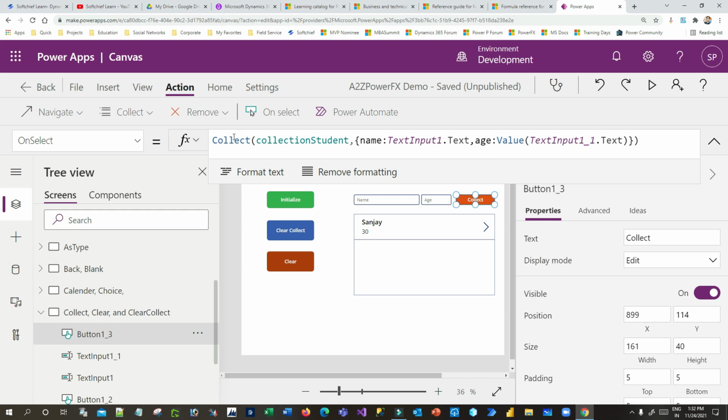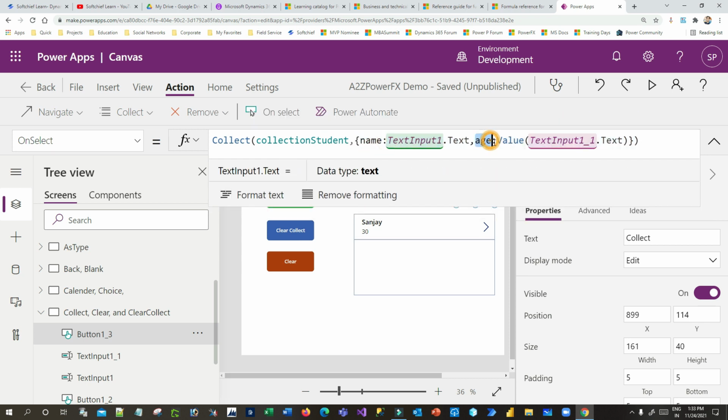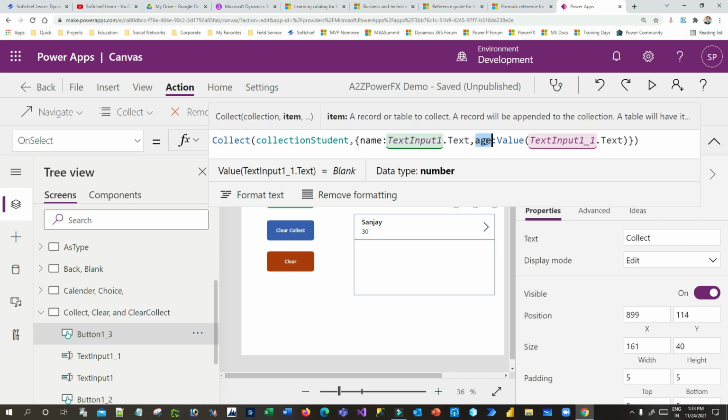You can see here Collect, and in the brackets I have passed the collection variable. This collection variable can be changed as per your need, so I have just changed it to collectionStudent. For the second parameter, the name is dynamically pulled from TextBox1, and the age is dynamically pulled from TextBox2. Because the age is an integer value, I used the Value function to convert this text to a value.